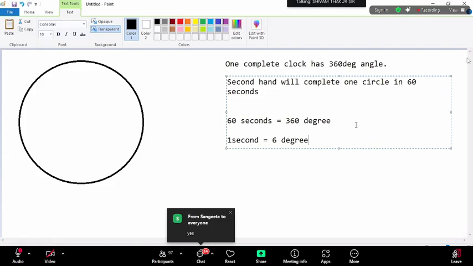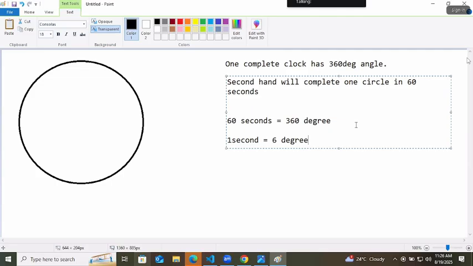In 1 second, how much will it rotate? 6 degree, right? Then in 35 seconds, how much will it rotate?